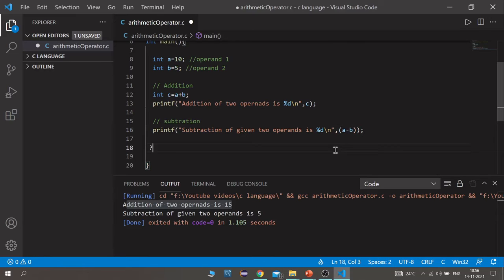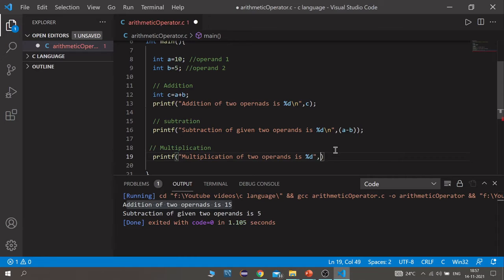Now, sorry, the next operator is multiplication. Let's write printf multiplication of two operands is, let's say it is also an integer, so let's write percentage d comma a, sorry, a into b.